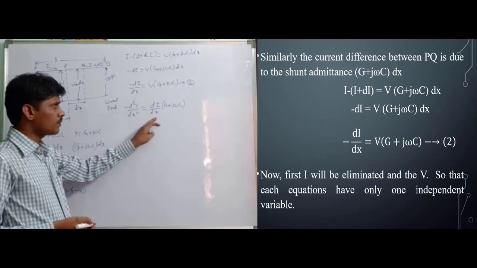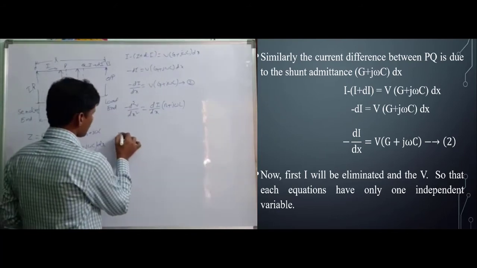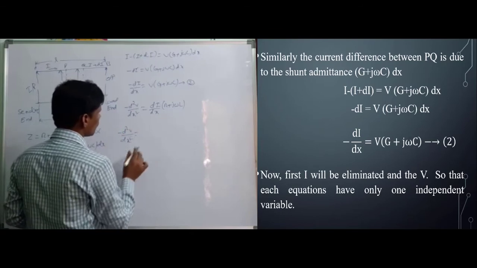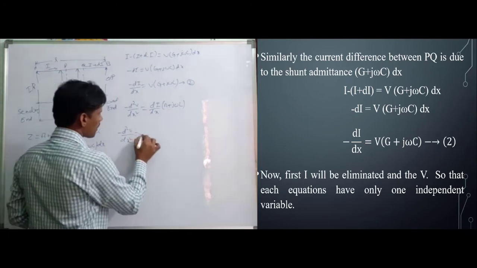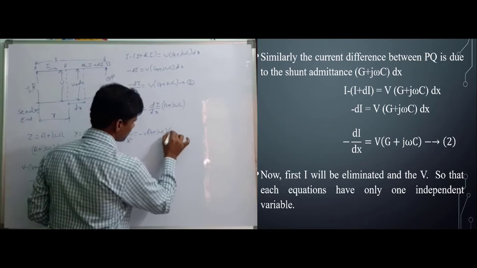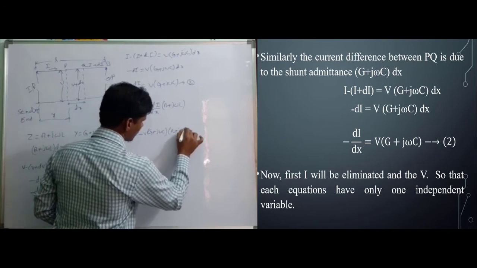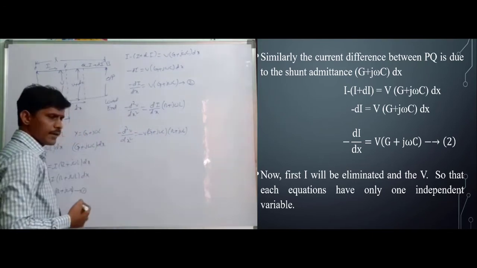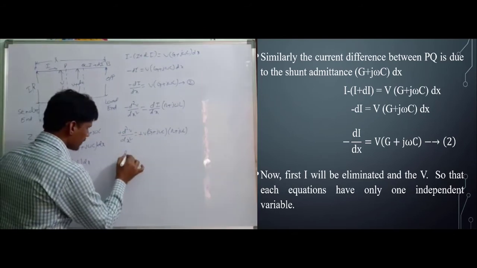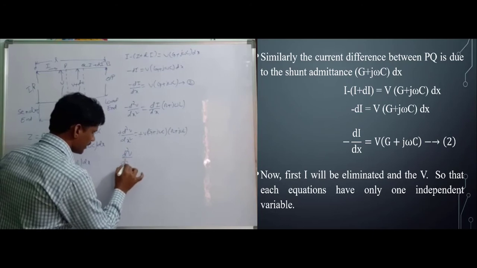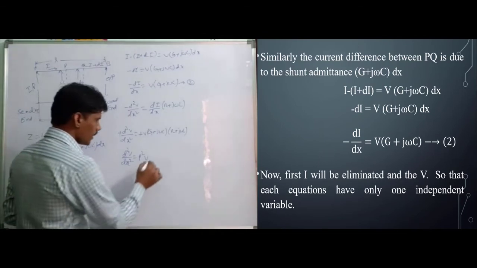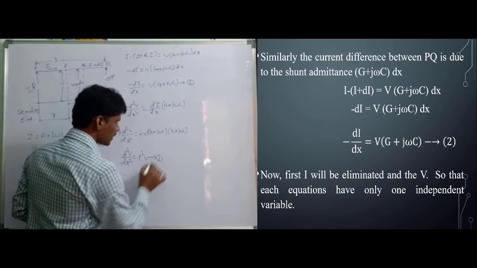Substitute the dI by dx value into this equation. We have minus d square V by dx square is equal to minus V into (G plus j omega C) into (R plus j omega L). On both sides, the negative sign is cancelled. We get d square V by dx square is equal to P square V, which is considered as equation 3,